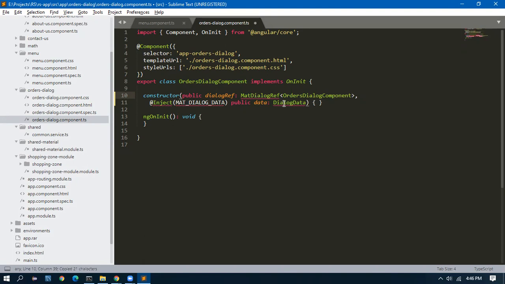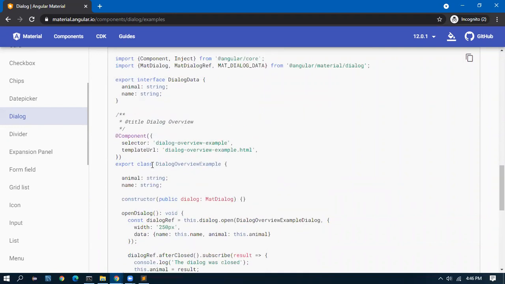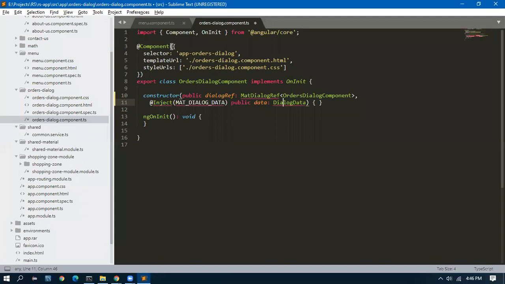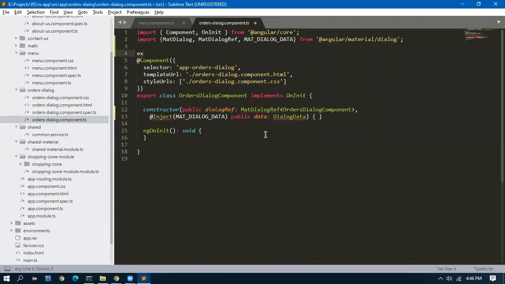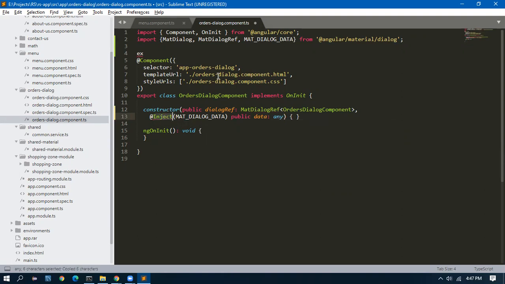Now mat dialog reference and dialog data, I have to import. Where is the import? Here it is, the same import. Dialog data. Okay, no need for the dialog data.